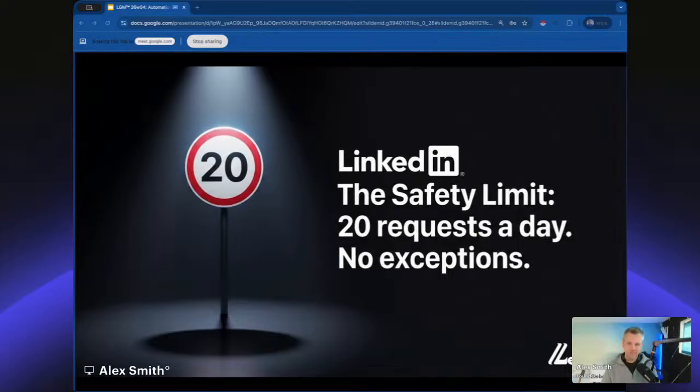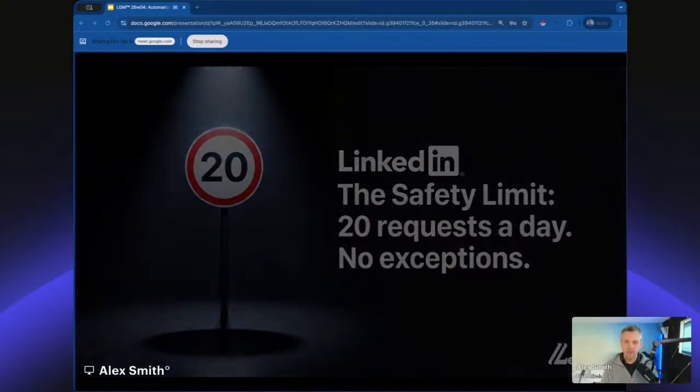You can push out 50 of those per month, or it tops out at 100 depending on your subscription level. Those are not arbitrary numbers. They're just patterns that LinkedIn sees from genuine active users. So stay within these parameters, and then you're going to be operating in a very safe way.